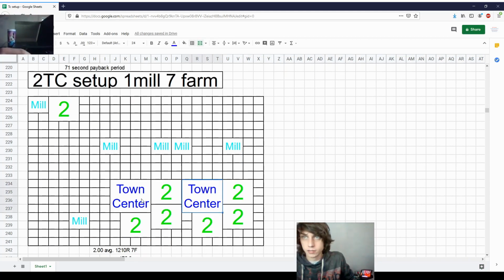So 2 town centers with the 6 most efficient spots taken up, and then you can put the 7th one in any of these locations with that extra mill. But it's probably best to just do it outside. But if on your first town center your mill just happens to be here, well then you can put it there and you can predict the spots. Basically just allow space for